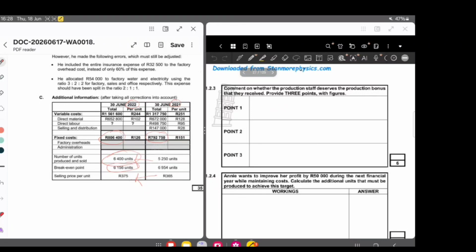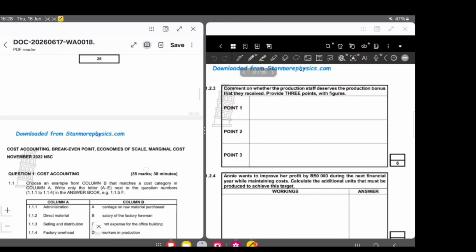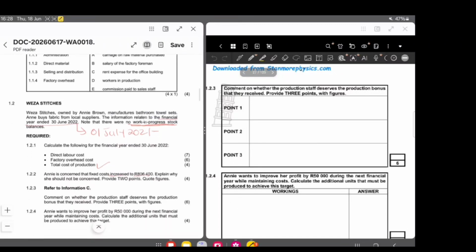And another one, what is the other one? It could also be that the selling price increased. So they do deserve it. They do deserve it. And then now the last question, it says,